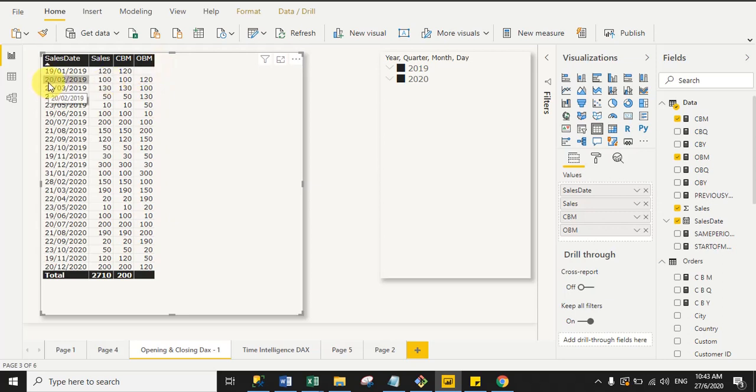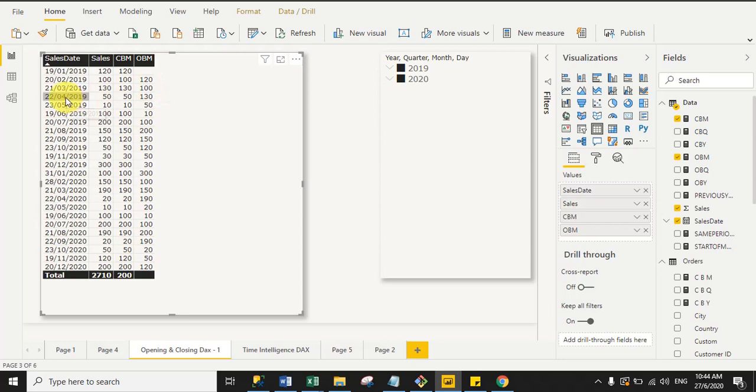Now move to the next. So for February month, right, for February month, the first date of the month is in January, right? And in January, the last day of sale is 19 January 2019 and the sale value is 120, so that's why it is returning 120 here. Okay, now move to the next. For March month, the first date of the month sale is in February, and in February, the last day of sale is 20th February 2019, the sale value is 100, so that's why it is returning 100 here.